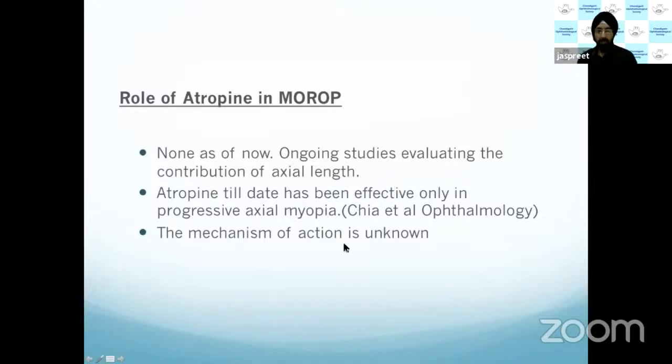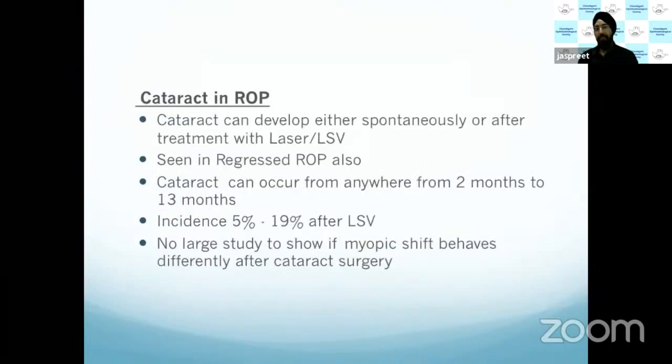The mechanism of action, although unknown, till date acts only on axial myopia. So until we prove that the progression in myopia in ROP is axial, probably this drug doesn't have any role. So coming to the other thing,